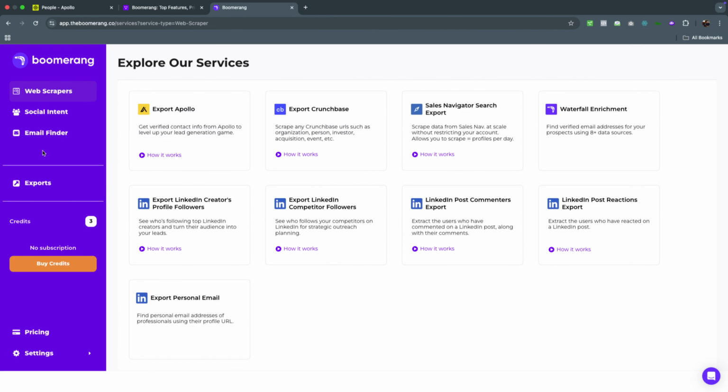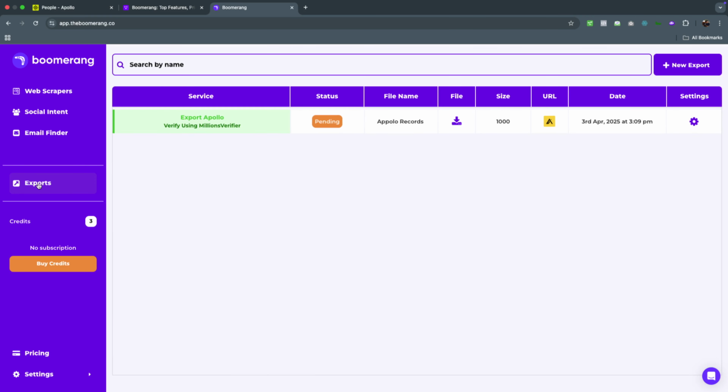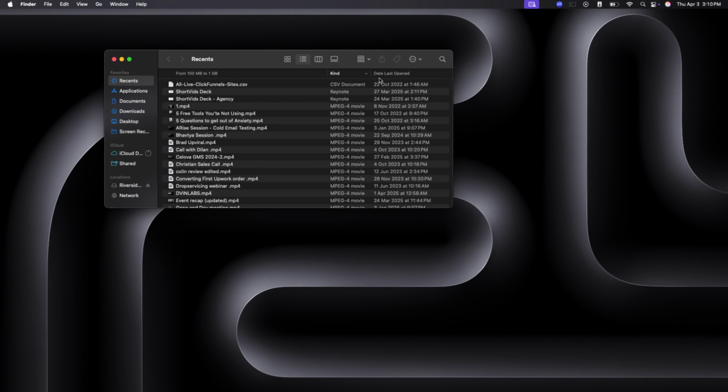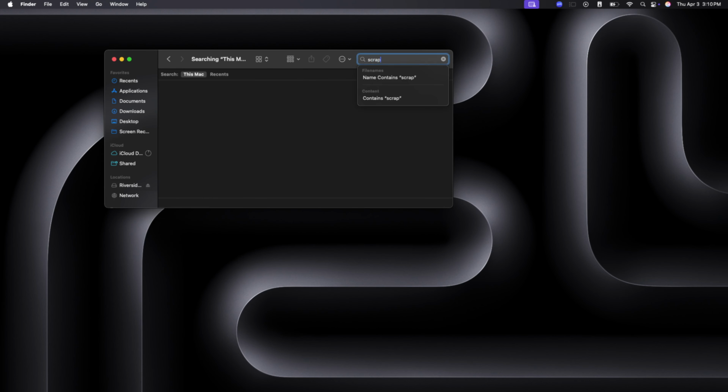Your request is submitted successfully. So basically it would now start scraping. If I click on exports, you could find this. It would start scraping now, and after the scraping is done, I need to pay. Now, what does the result look like after the scraping of the email addresses is done, and how do you get the information?